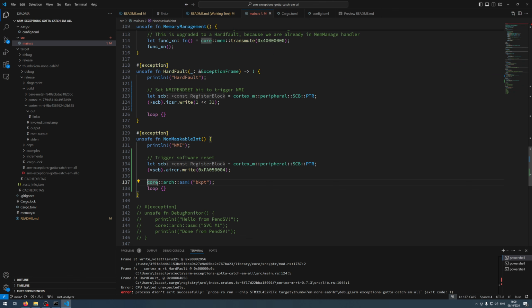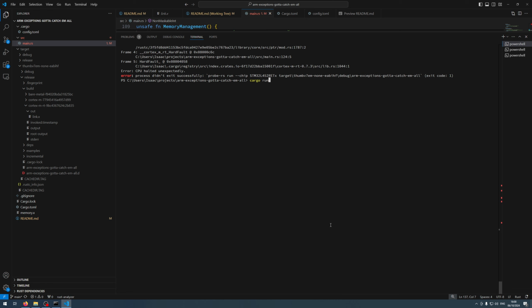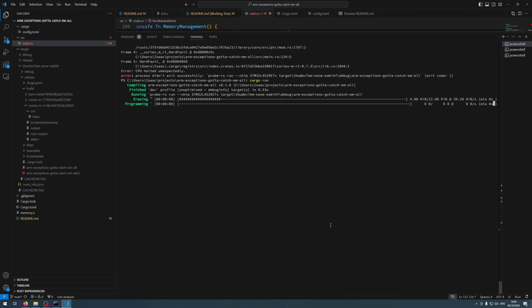So maybe just wait in the loop and see if that gives it some more time to let the interrupt trigger instead of halting the CPU. Okay, so this does prevent the breakpoint, but it's not working. It's not resetting the chip, so